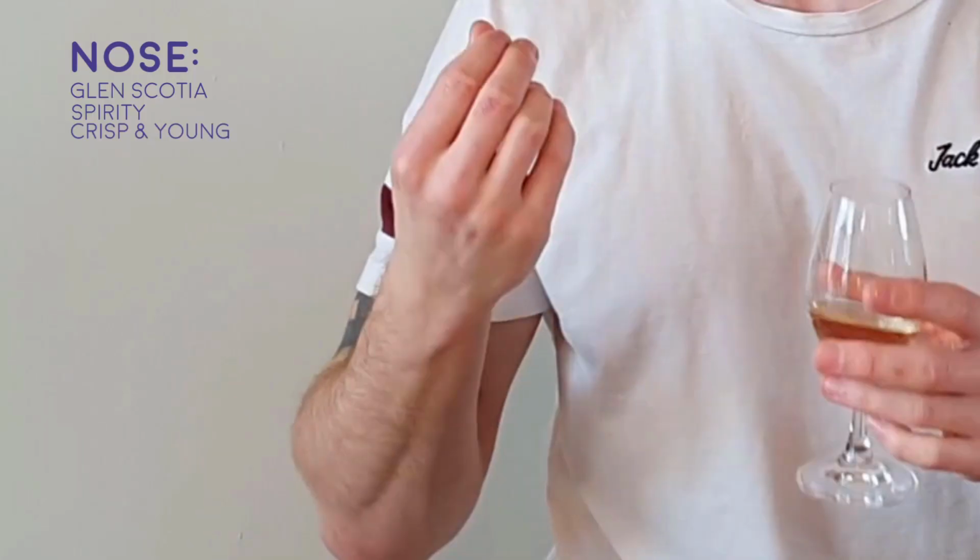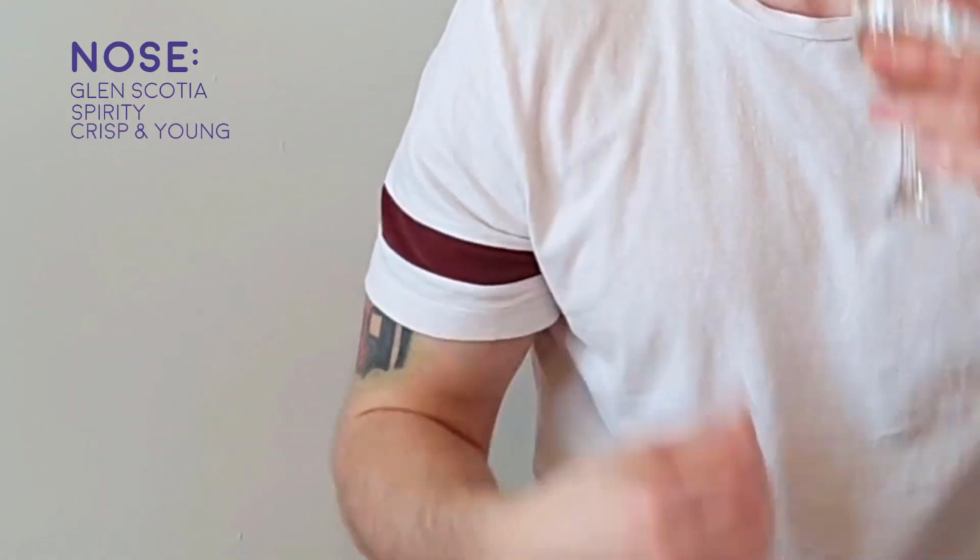I'm not sure if I'm getting peat, but on the nose it is quite alcohol, spirit driven. It's crisp. It is quite a young nose, quite, no, I wouldn't say nippy, but it attacks the hairs a little, doesn't burn them off or anything, but I don't think this would be a whisky you'd want to introduce someone to whisky with. It's not soft in the sense it's been designed like a Glenfiddich 12-year-old or 15-year-old. It's just quite raw,